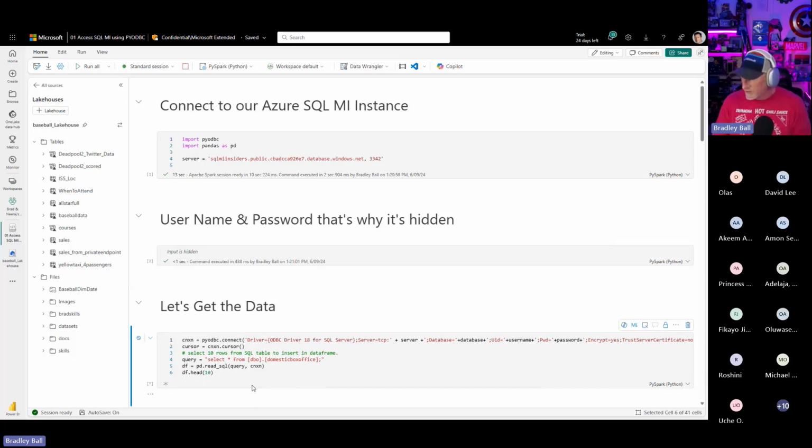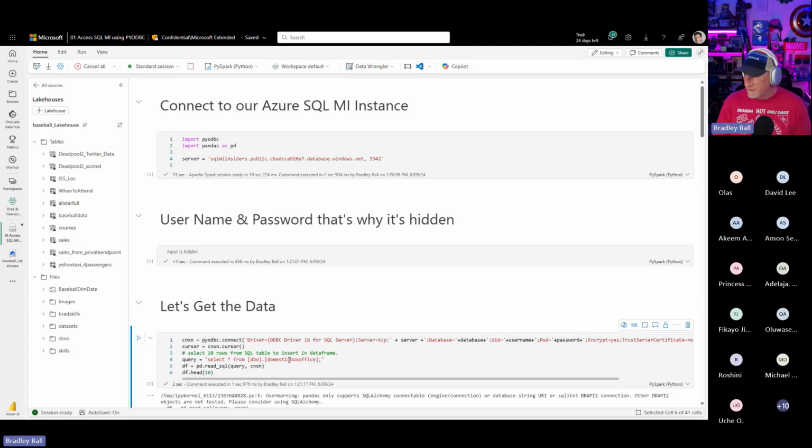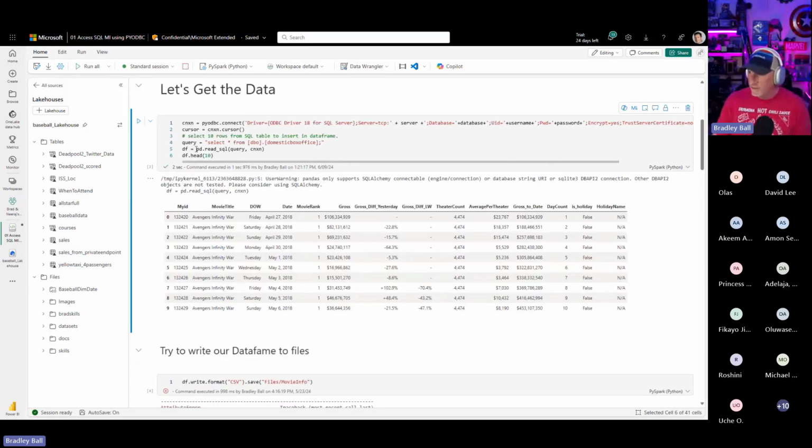I've got this query right here, select star from dbo.domestic_box_office. And then I'm going to do a display command. I'm putting it in a pandas DataFrame. If you're not super familiar with pandas, a pandas DataFrame is very much like a table. It's got a table-like structure. You could get more advanced. We could have structures, we could have lists, we could actually have array values, but we're going to keep it pretty simple. I'm going to use DataFrames that are very much like tables. In this case, I'm saying select star from domestic box office. And I've got information in here from a whole bunch of different box office movies. And I'm saying df, that's my DataFrame, because I did a pd.read_sql and I read this query.